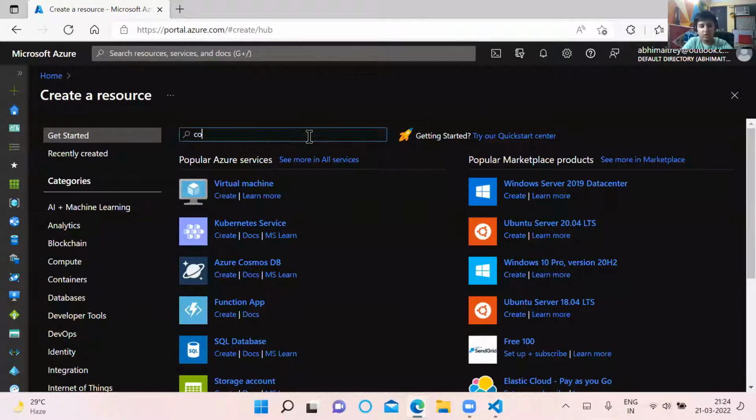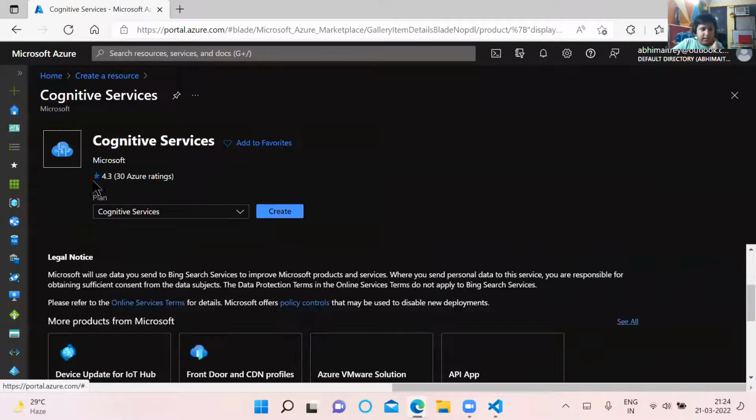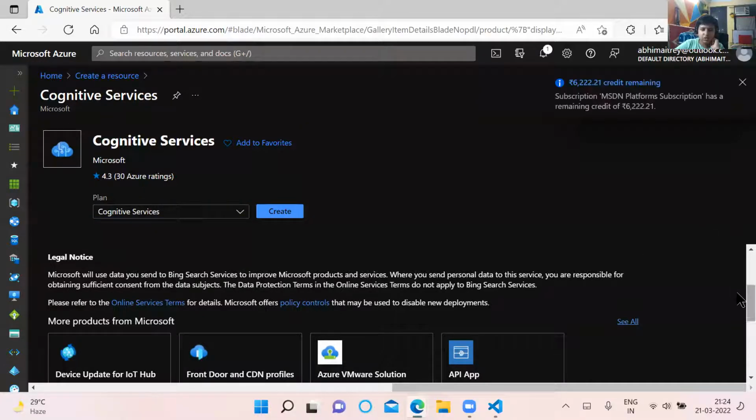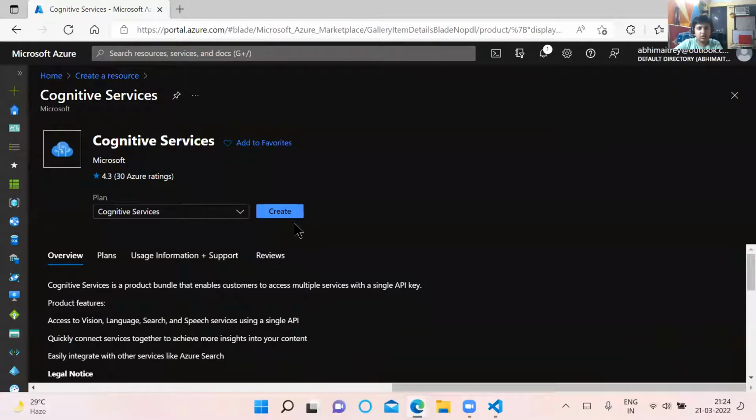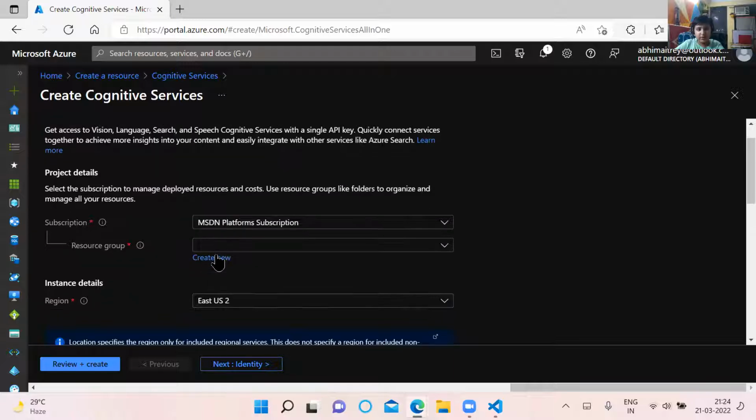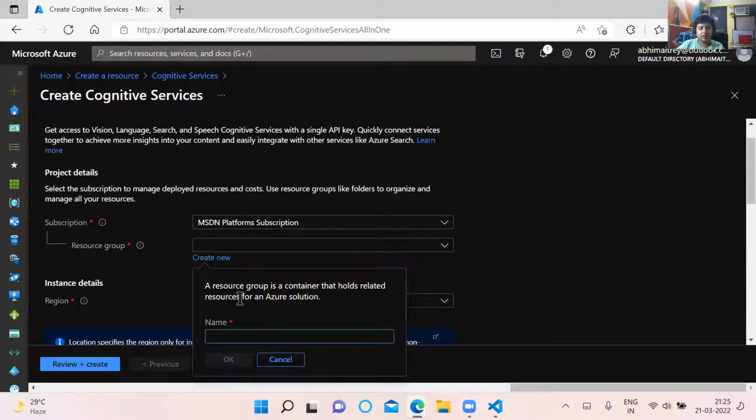Here we will search for cognitive services. Then we need to create. We only want to create a cognitive service, no other umbrella resource under it, so only a multi-service cognitive service. Set your subscription and create a new resource group. Let's say AI 102,